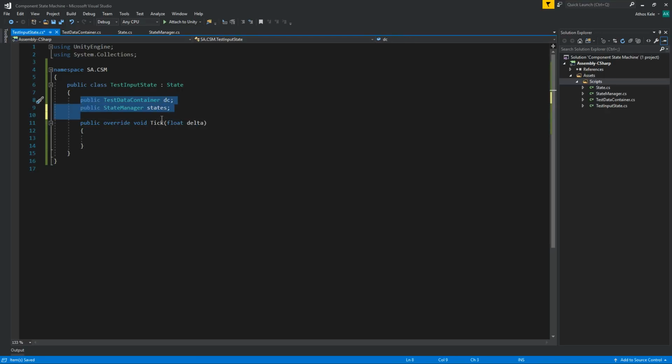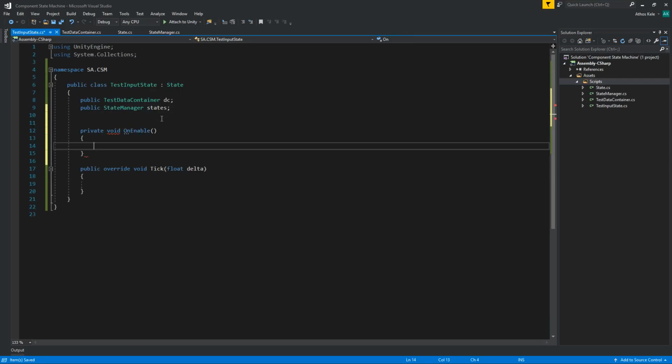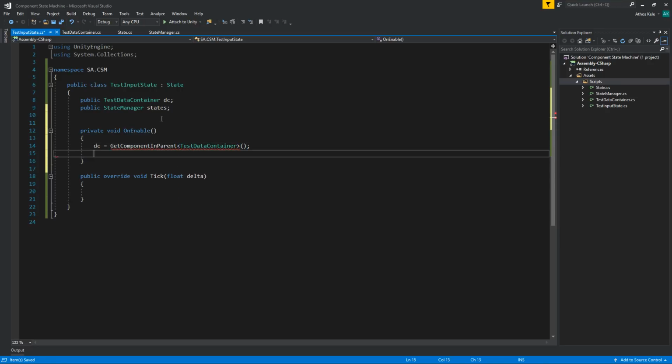Okay, we can do this, or a better solution will be on enable DC, get component in parent, or get component, we don't really care, test data container, and states, get component in parent,